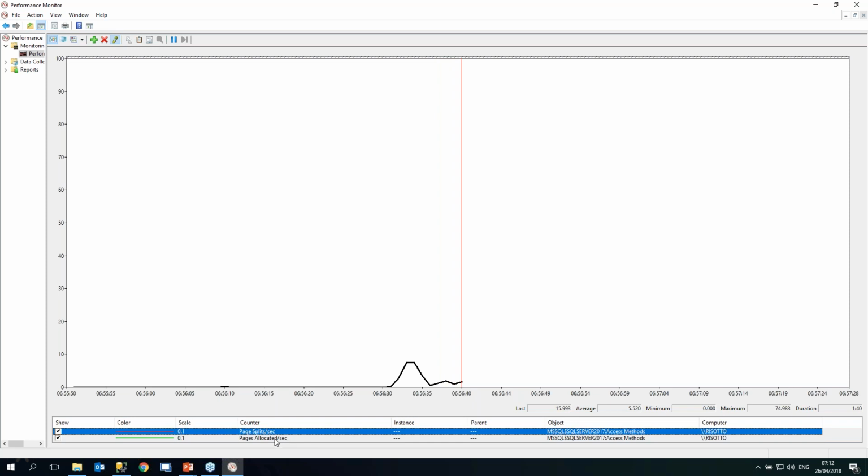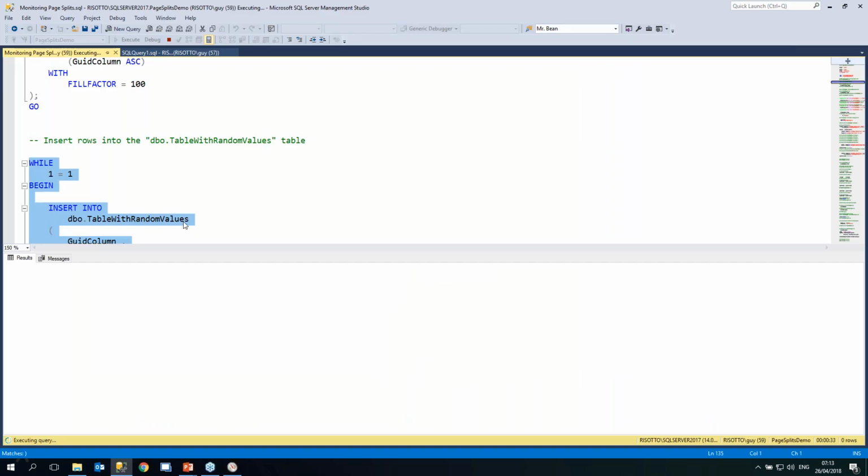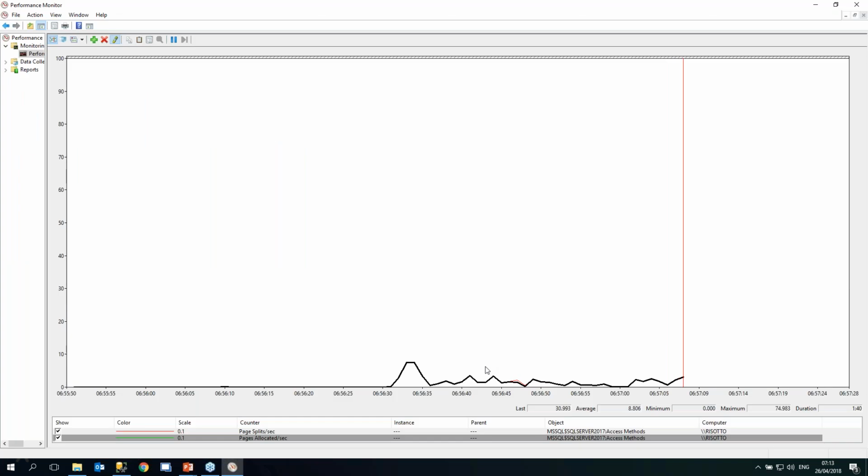And we can see now that we have page splits and page allocations. It's hard to see, but they are just one on top of the other, so the graphs are identical right now. You can see some differences here, but they are practically the same. The number of page splits per second and the number of page allocations per second is more or less the same. And this indicates the workload that I'm doing now, because I insert random values. We have to move things around all the time. We have lots of page splits.